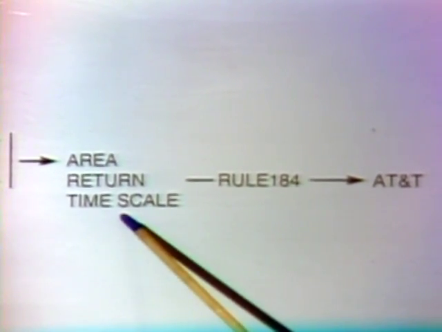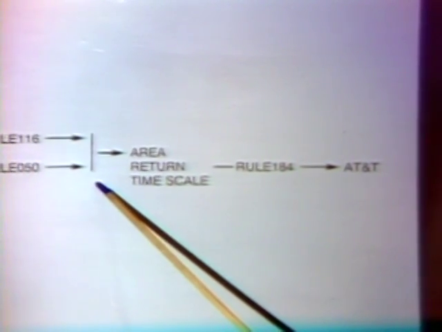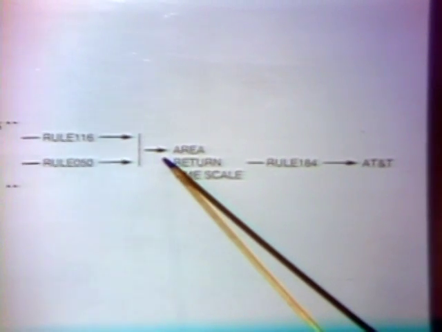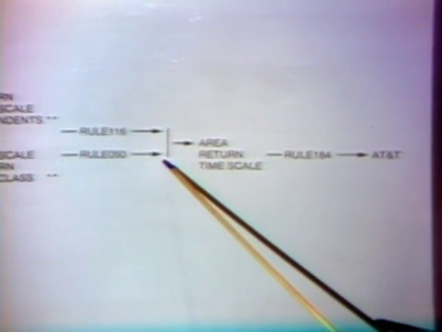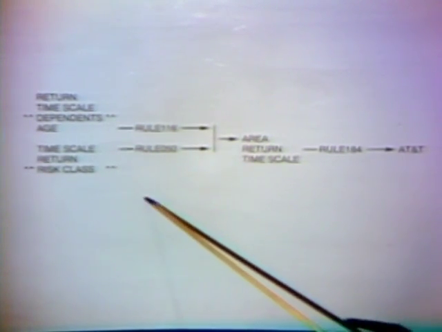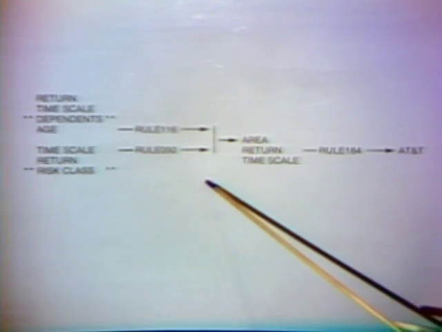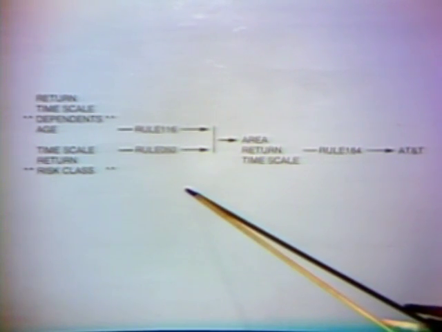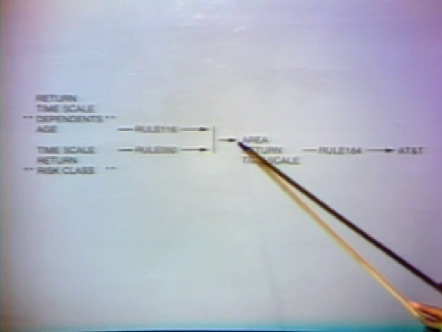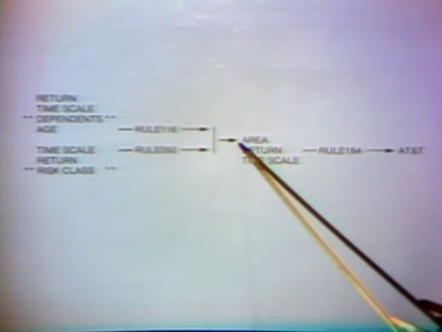So what's clearly going on, backing up to this point one more time, is that we should have known a value for area. The two rules that might have given it to us failed. So the system's conclusion is that, aha, there must have been a rule missing. The system must be lacking a rule that would, so to speak, fit in down here and tell us something about the area for the investment. We'd know what that was. This clause would be false. Rule 184 would fail. And finally, the AT&T would go away.